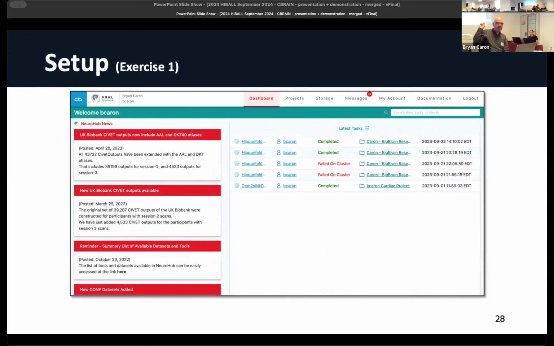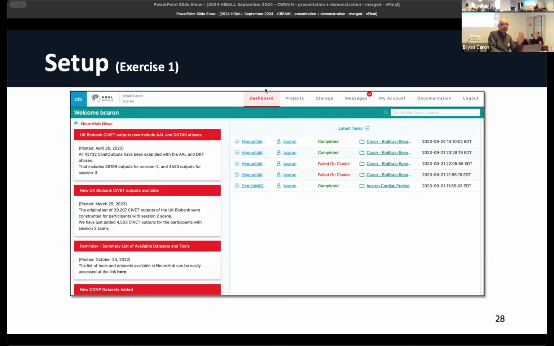This one, beyond what's on the screen here, is not exactly what you're going to see. You're going to see one that's a little bit more up to date. We usually publish a little bit more system status news if there's some specific information we need to convey to people, like a maintenance period or something like that, or as was mentioned already, UK Biobank outputs. You'll also see a different view sometimes if you run any tasks. So the real main thing is the menu.